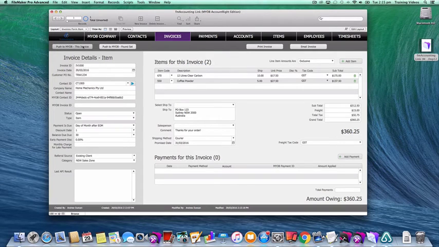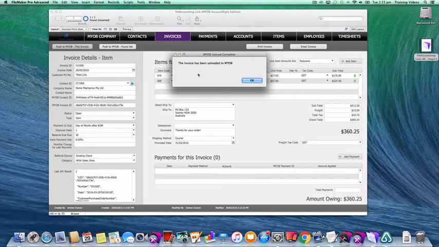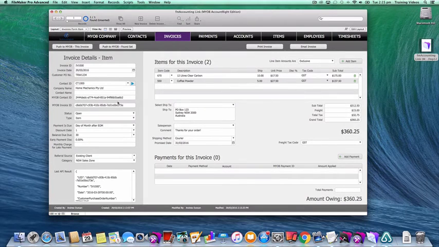Clicking the Push to MYOB this invoice button, and that's going to make a request to MYOB running on my network, and you can see it was successful. So it's also returned with the MYOB invoice ID number, which is MYOB's unique reference. So once again, any changes to this invoice that are uploaded will simply update that invoice, not create a new one. And if we jump back to MYOB